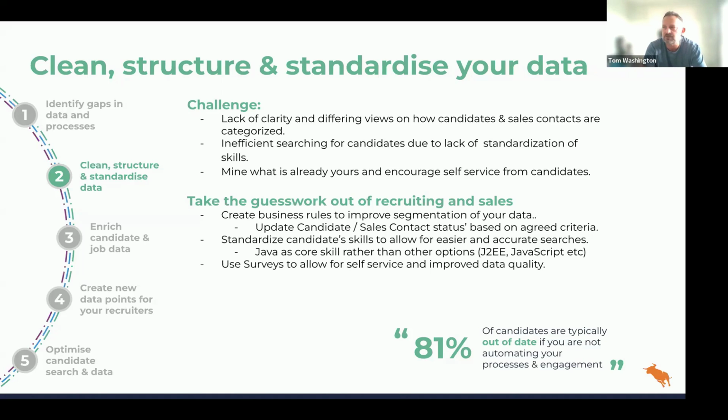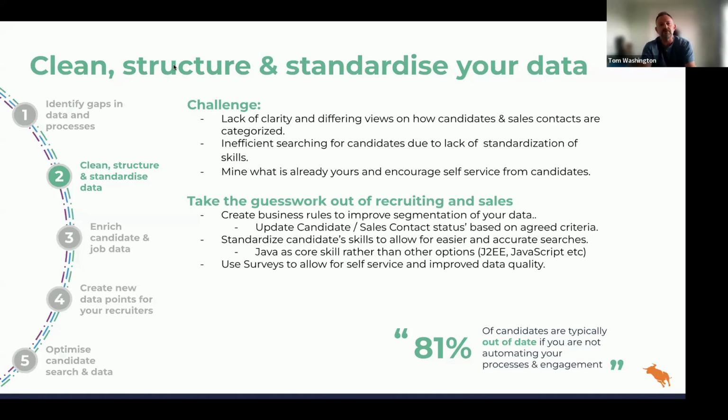So the first thing I'm going to talk about is creating business rules. If we think about a common scenario, we'll take candidates, for example, a candidate status. Generally speaking, that status is controlled by an individual who decides whether a candidate is active or passive or any other statuses that you may have available. The idea behind this is that as a business, you create a business rule which stipulates, based on activity or lack thereof, how to designate a status. And you can use triggers within automation to control that.